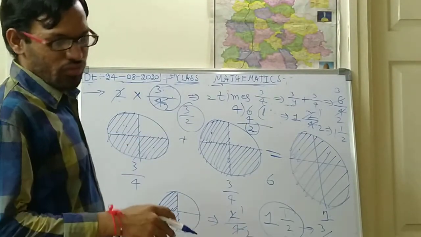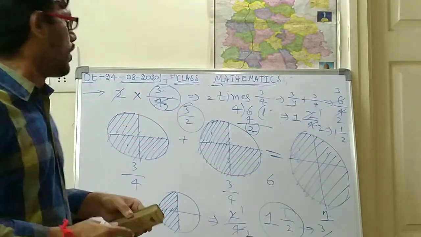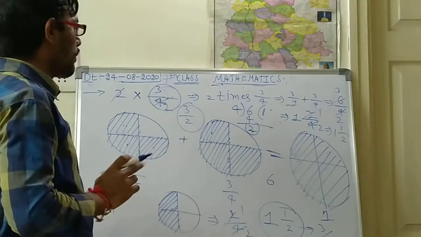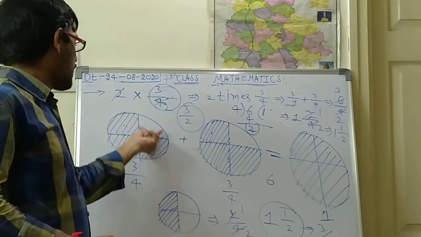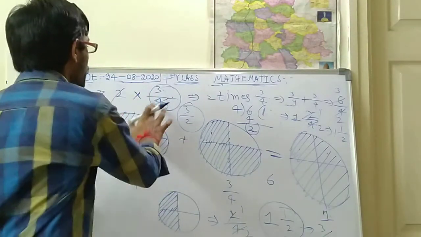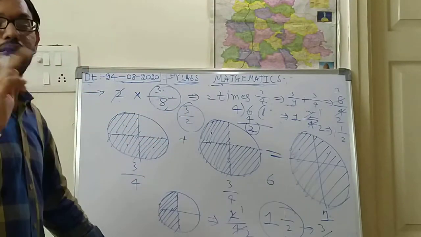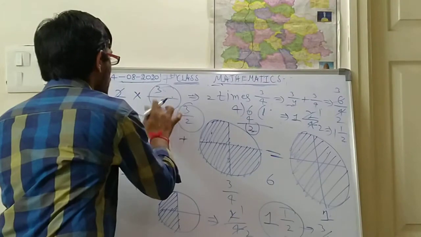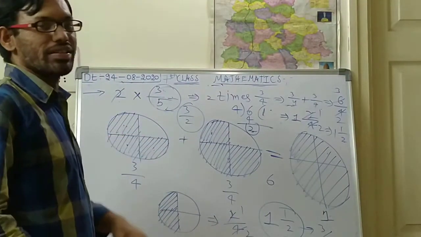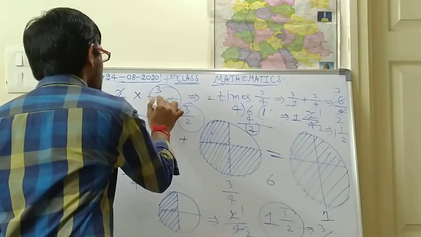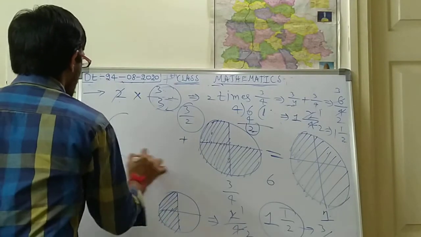Okay, so now we shall see some problems regarding multiplication of fractions. So here one thing you remember, children: whatever number is there in the denominator, that many parts you should make in the circle. Suppose here instead of 4, 8 is there, so in the circle you should make 8 parts. Suppose 5 is there in the denominator, so you should make 5 parts for this circle. Suppose 3 is there, 3 means here 3 parts you should make. So how you should make the 3 parts means, like this.